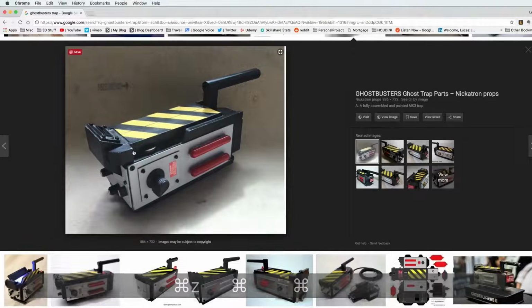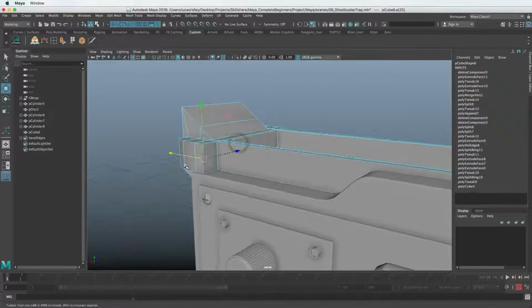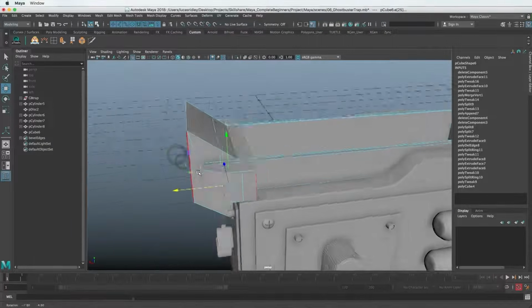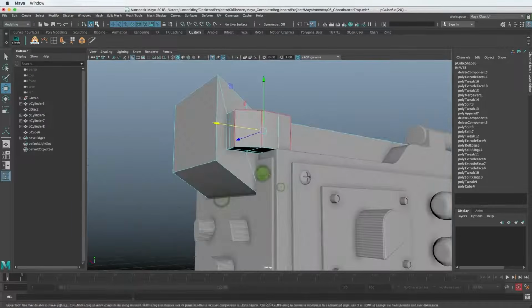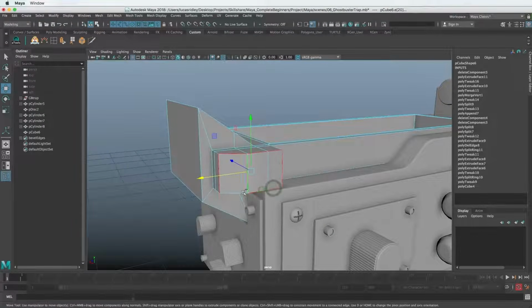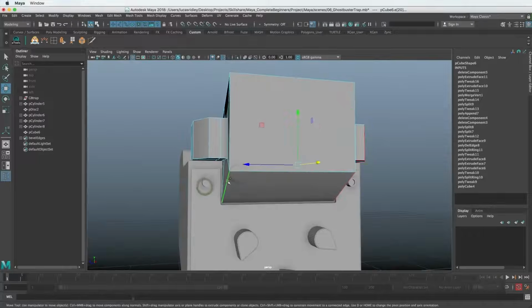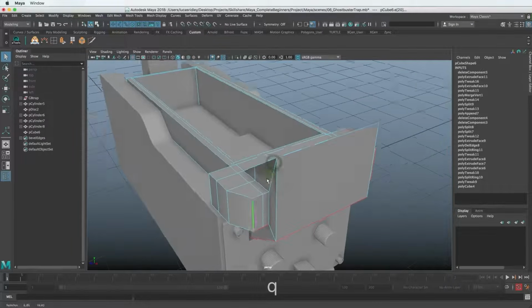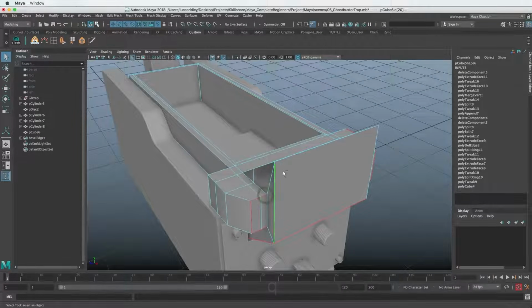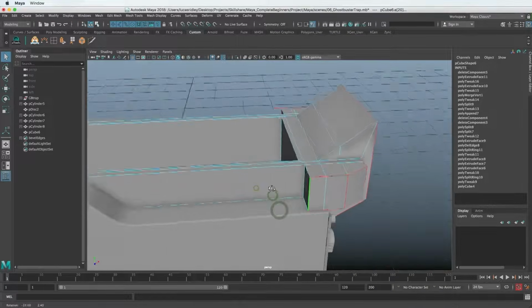If we look at the reference, it's kind of all of these outside angles are beveled. So I'm just going to grab those. And of course the top edges here. And let's see, we could do the bottom edges as well. And I'm choosing not to merge these. You could spend more time on this and merge these so they're not separate pieces. But for time's sake, trying to keep this tutorial shorter and not keep going on and on, I'm just choosing to do what I think is fastest for us, and you're still learning a little bit.